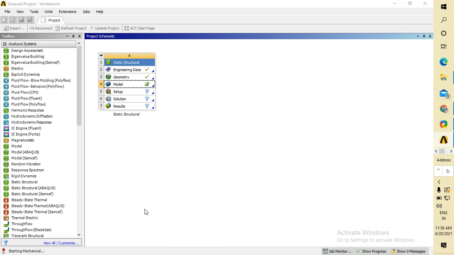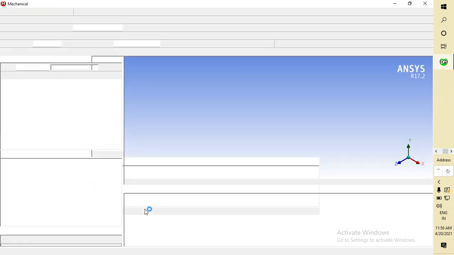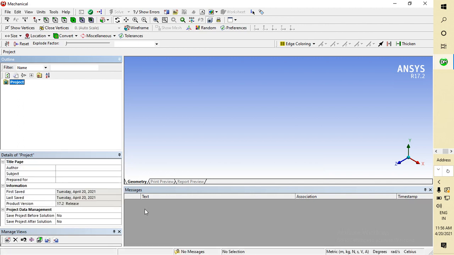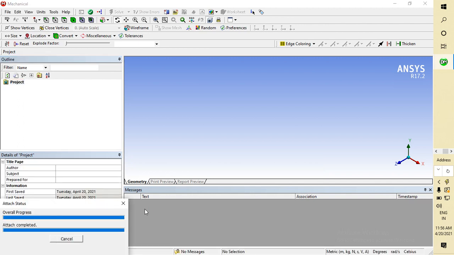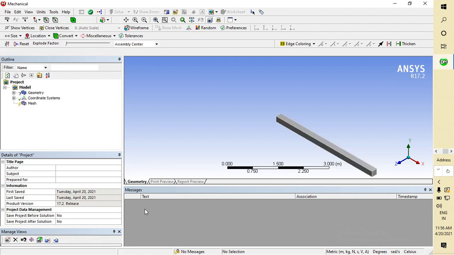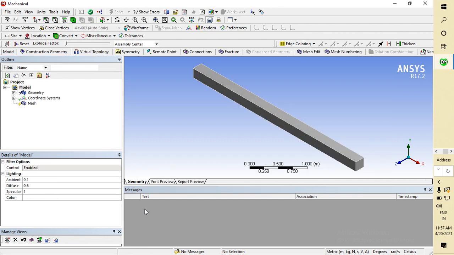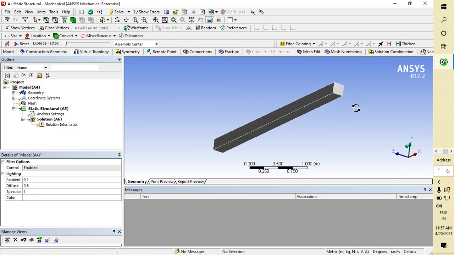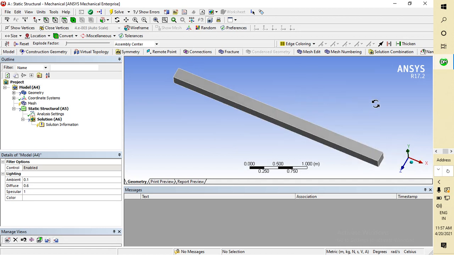So this is the interface of model, and okay, it is starting. So you will get this one.